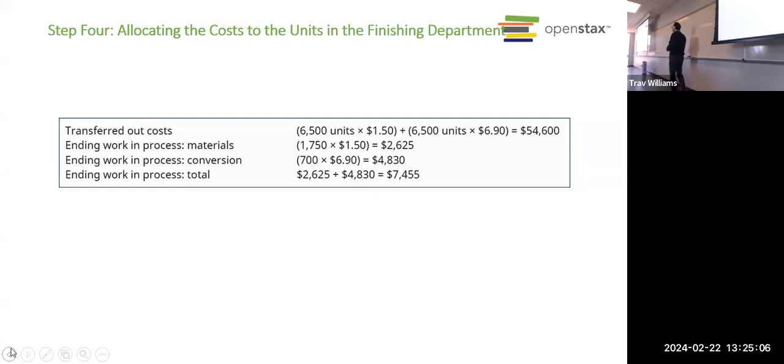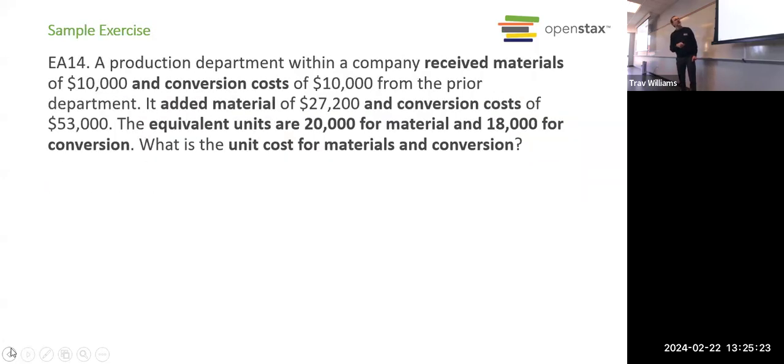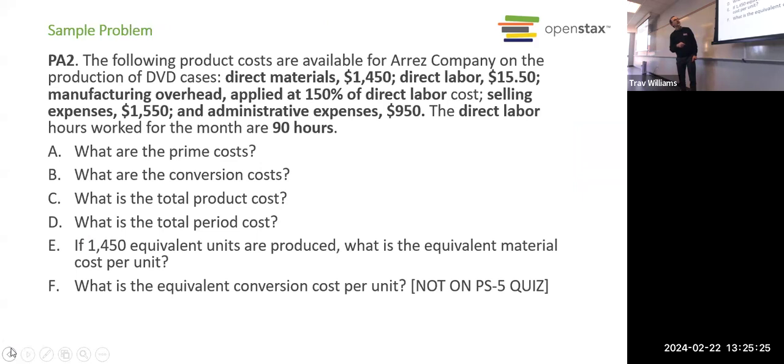So you might be thinking, aren't there computers that track all this stuff? And yeah, there are. But you need to understand what computers are doing, right? And not every company has a sophisticated enough system to rely on automation. So sometimes managerial accountants have to calculate this on their own. Okay, and that's as far as we got.